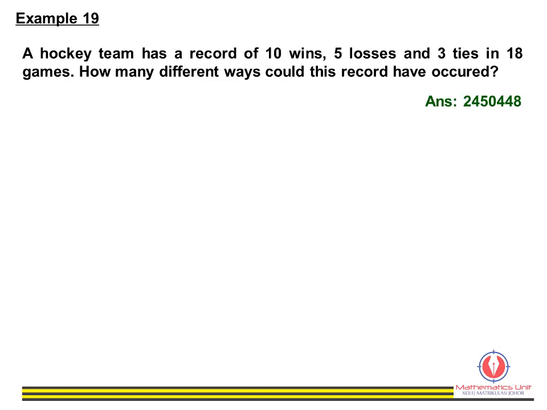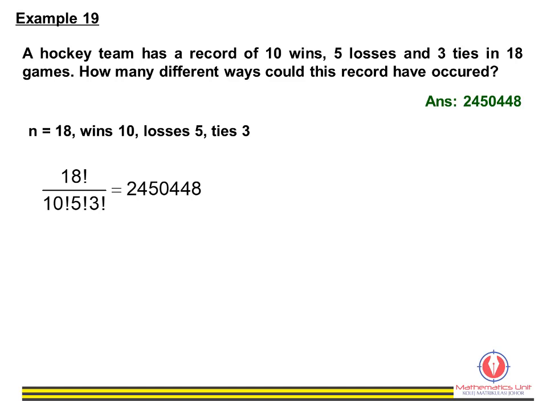1260. Example 19. A hockey team has a record of 10 wins, 5 losses and 3 ties in 18 games. How many different ways could this record have occurred? Solution for example 19. The number of games is 18. So, n is equal to 18. The records are 10 wins, 5 losses, and 3 ties. So the number of permutations of 18 games, with 3 different records stated, is 18 factorial divided by 10 factorial times 5 factorial times 3 factorial, equals